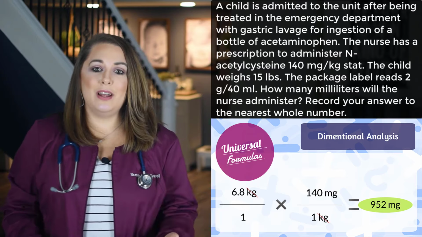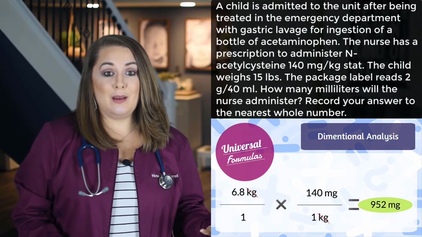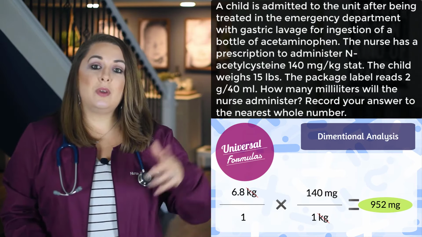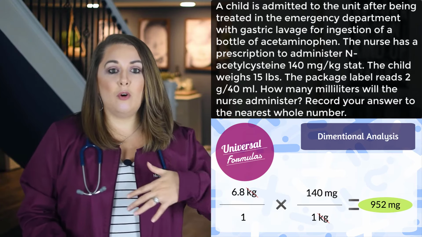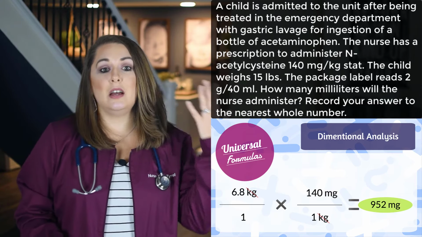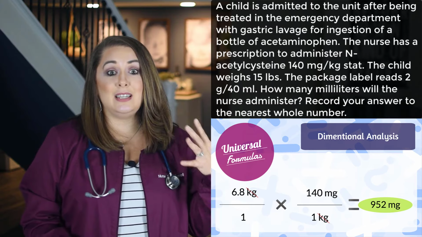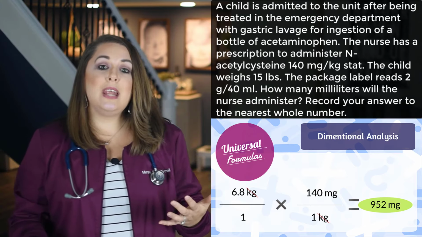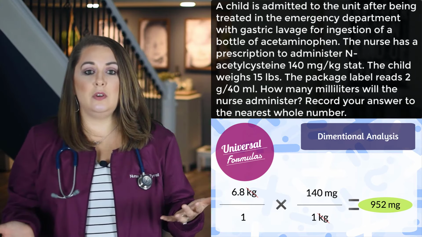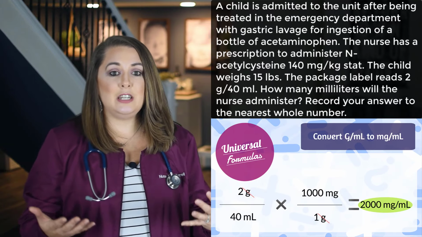6.8 kilograms over 1 times 140 milligrams over 1 kilogram. So kilograms will cancel out and then we multiply straight across the top and we get 952 milligrams of acetylcysteine. Okay, so now that we know our total milligrams to administer, we have to break down our supplied dose from